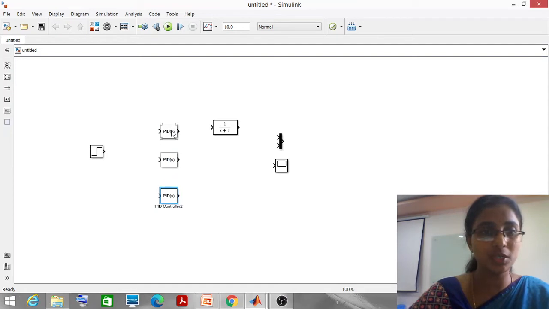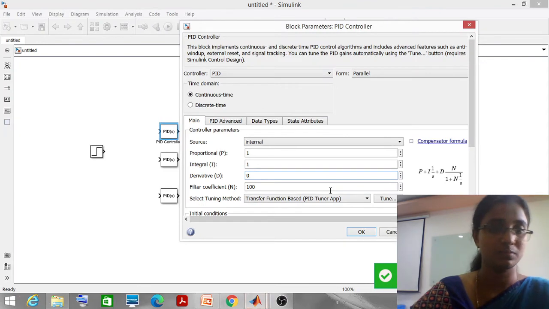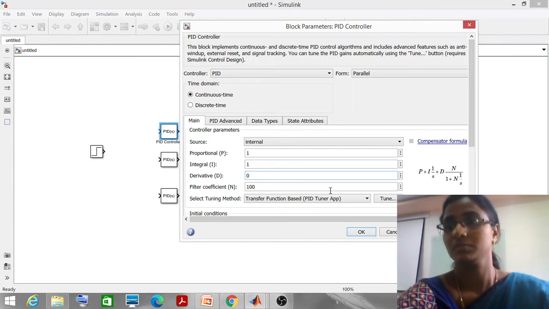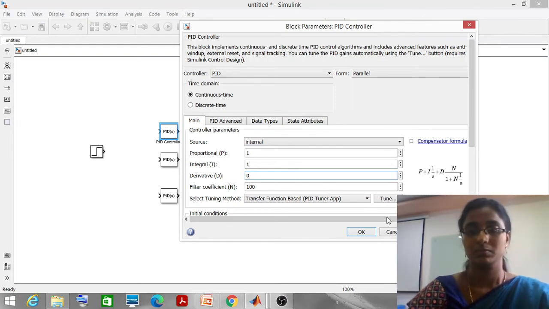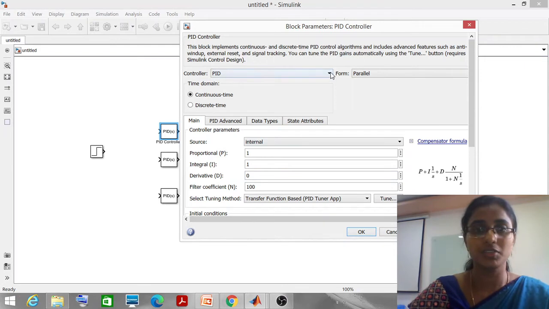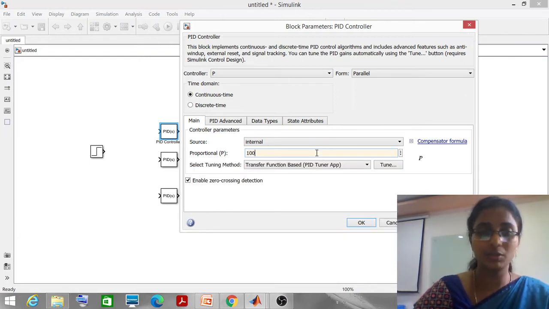First we need the proportional controller, so click on the controller block and select P, and give the value of around 100. Apply.